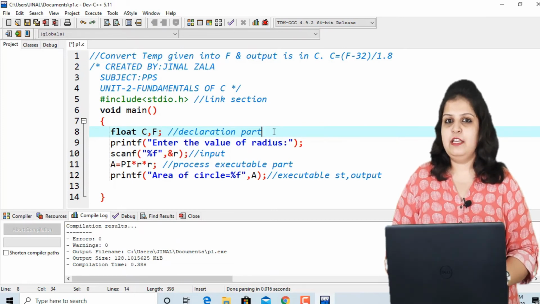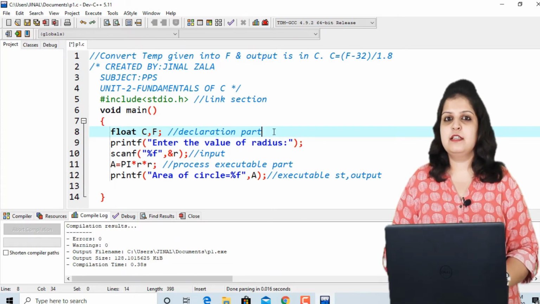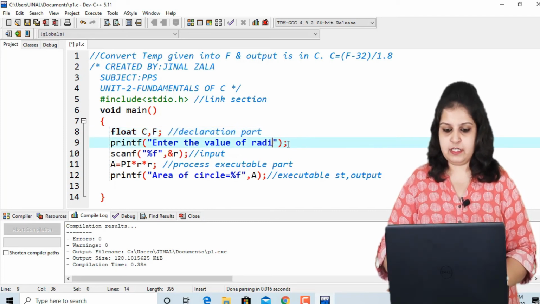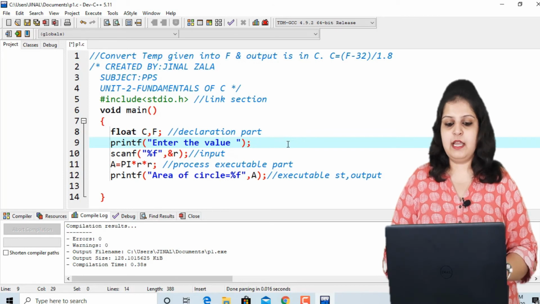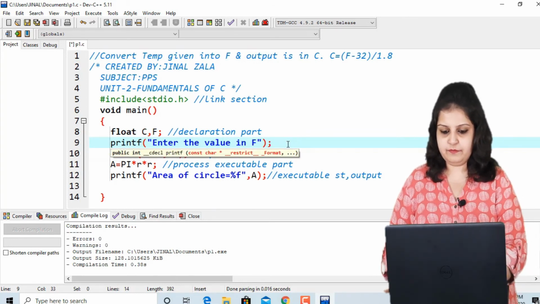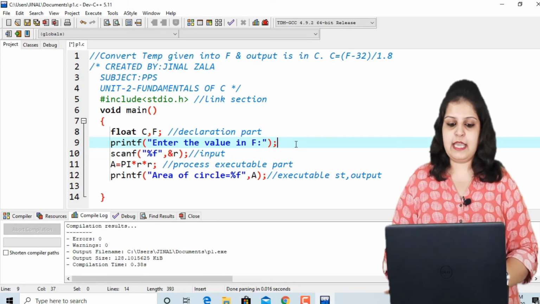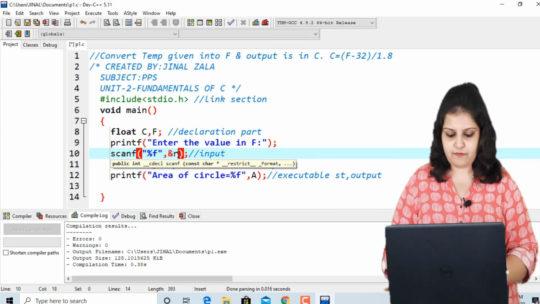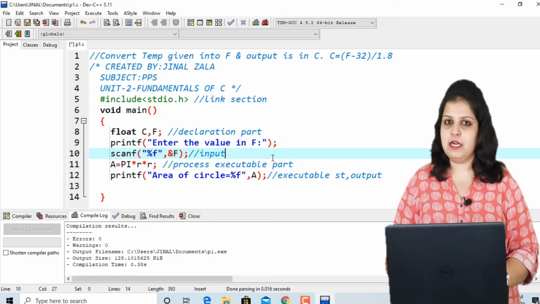Now what is our input? Our input is Fahrenheit, the temperature is in Fahrenheit. So we have to scan the value of the F variable. Here, instead of radius, write enter the value in Fahrenheit, and scan the value of variable F instead of r. So our input part is completed.